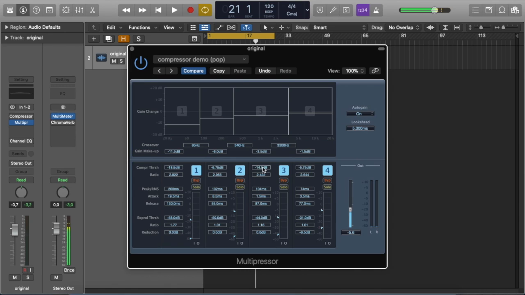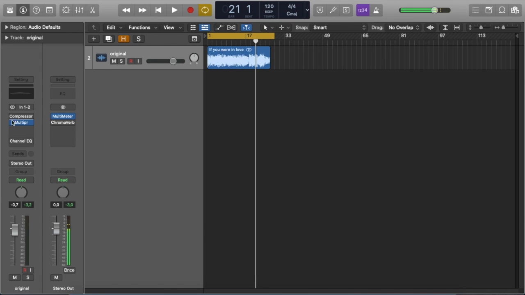Now, most multi-band compressors are plugins that you actually need to purchase. However, in Logic, the Multipressor is a multi-band compressor that comes as a standard plugin with Logic. But today, I want to show you how to make your own multiband compressor using standard plugins that will come with your DAW. So the first thing that we're going to do is we are going to take our original